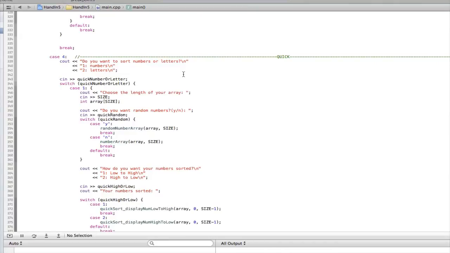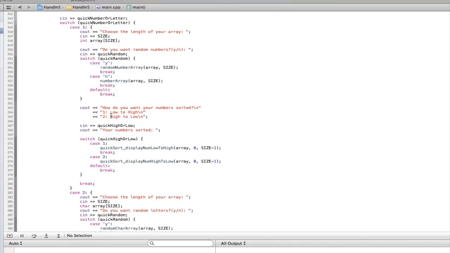And with Quicksort, it's a bit different. Still, we ask if you want numbers or letters, and we ask the length of the array, and if you want random numbers. But when we need to sort it from low to high or high to low, our Quicksort function is a bit different. We need the array, and then we need our leftmost position in our array, which is 0, and then we need the rightmost position in our array, which will be size minus 1, since it goes from 0 to, for example,